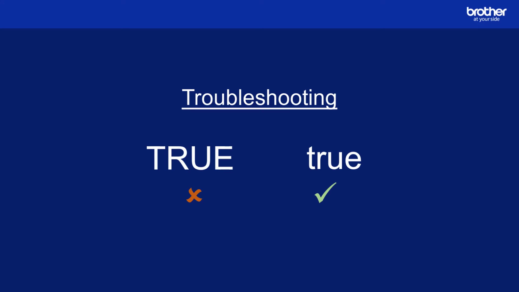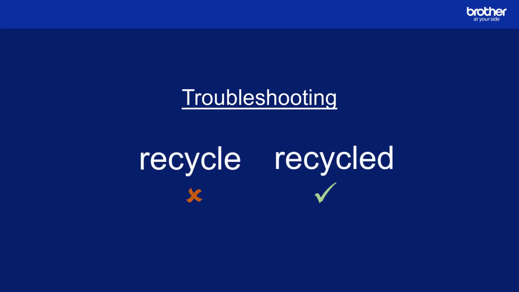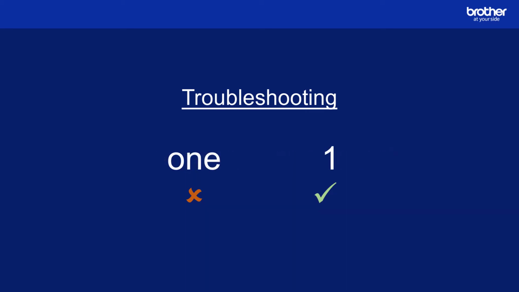Using the words true or false in capital letters. Misspelling the name of a setting from a drop-down menu. To check, you can find all the Brother setting names within your device's schema file. Also remember, they need to be in English. Or using a wrong value. For example, instead of using the number 1 as a device's sleep time, it is written as ONE in letters.